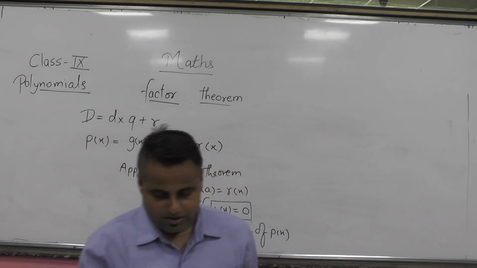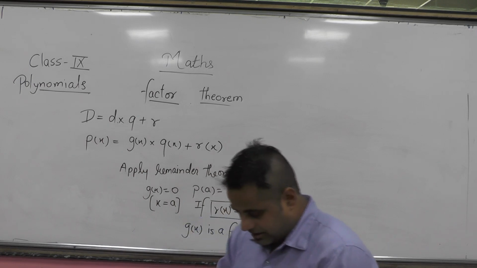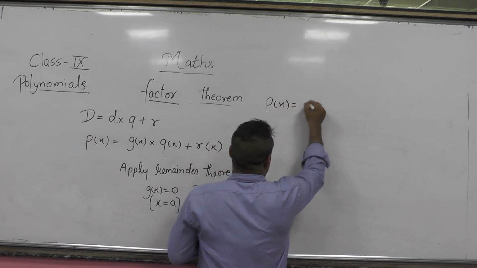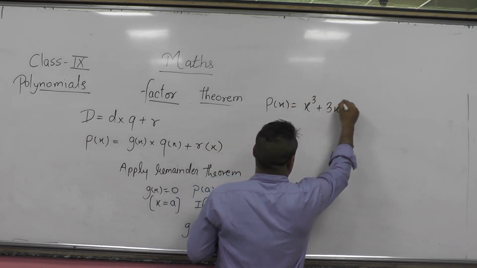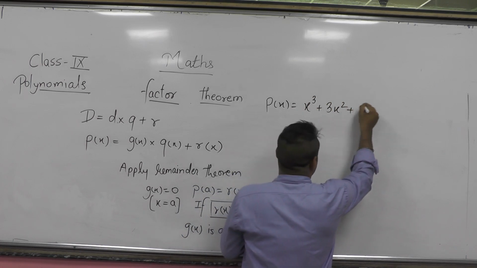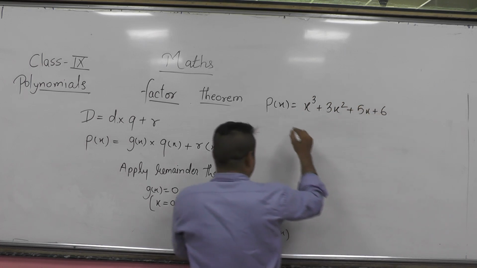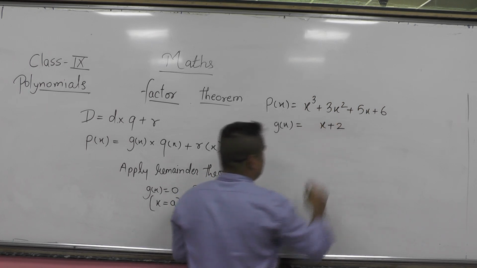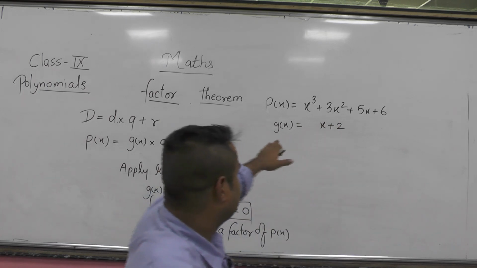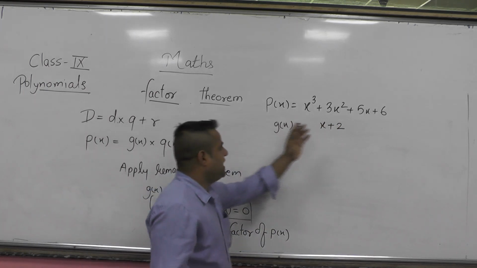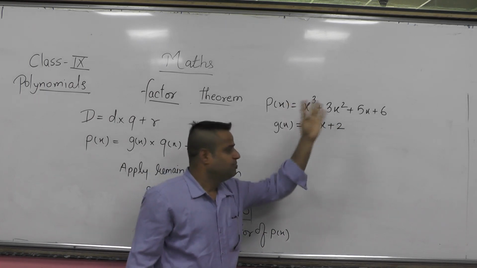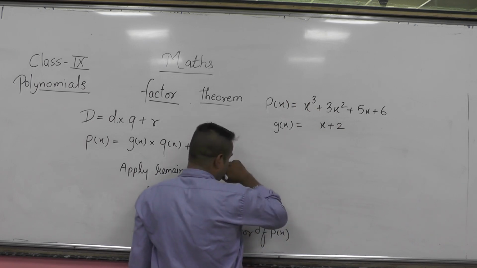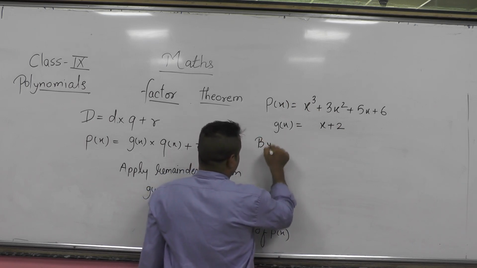Let's see one or two examples for this. Here I am taking one polynomial of x, which is 3x cube plus 3x square plus 5x plus 6, and we have our g(x) as x plus 2. So this is our question now. We need to check whether x plus 2 is a factor of this big polynomial or not. Now how to check? See, what we are doing here, first by the remainder theorem,